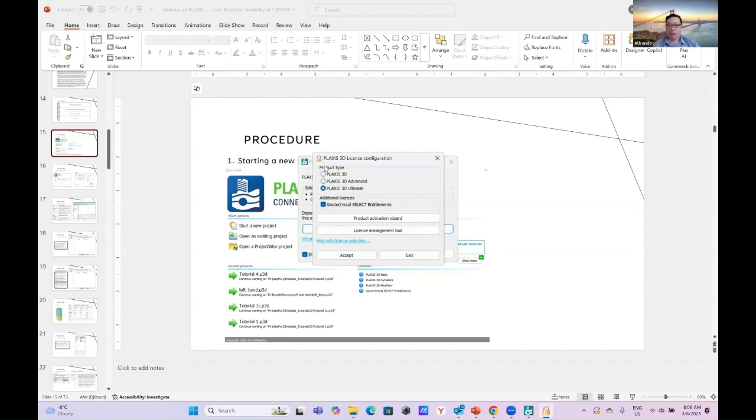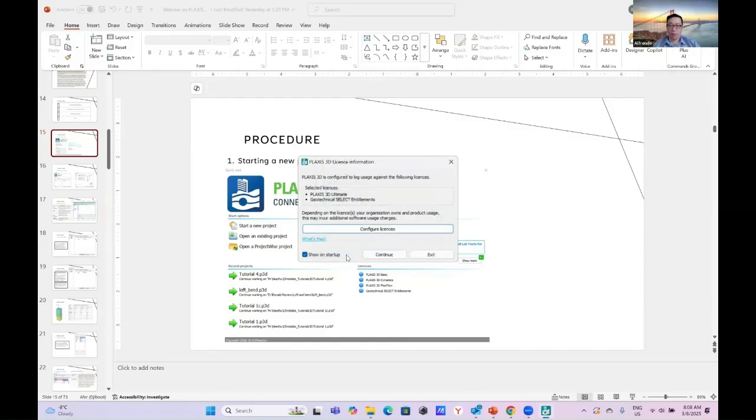With Plaxis 3D you cannot perform soil water interaction. With Plaxis 3D Advanced, you can incorporate the effect of rainfall, but you cannot perform seismic. Only with Plaxis 3D Ultimate can you perform seismic. So in this case we will use Plaxis 3D Ultimate.